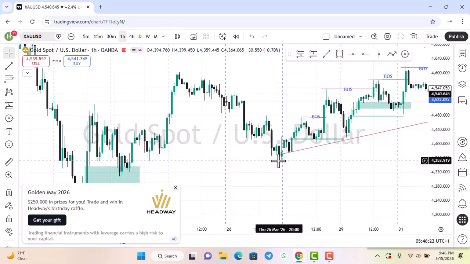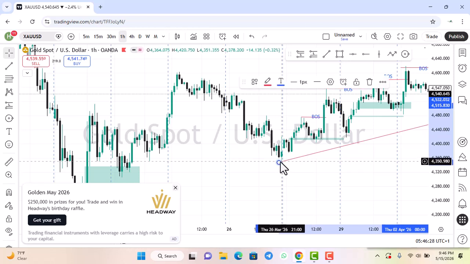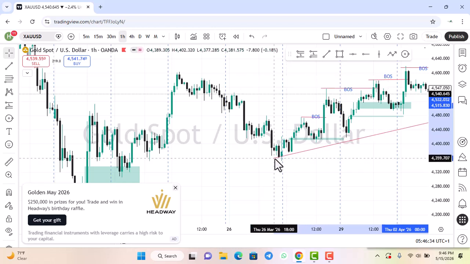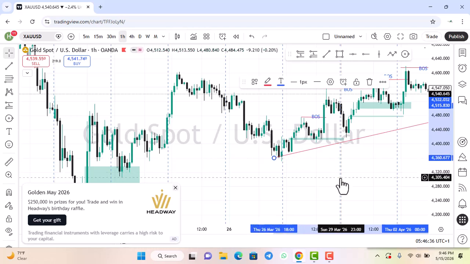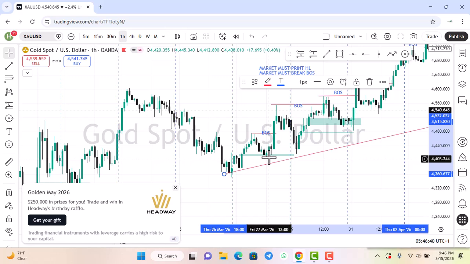Not from this wick. I'm not drawing from this wick like this. I'm drawing from this body like this. So now, let's say when I'm drawing my trend line, I already have this